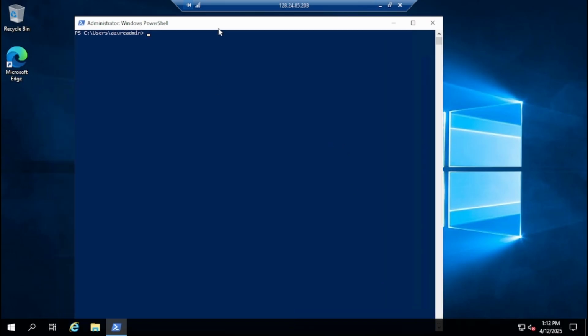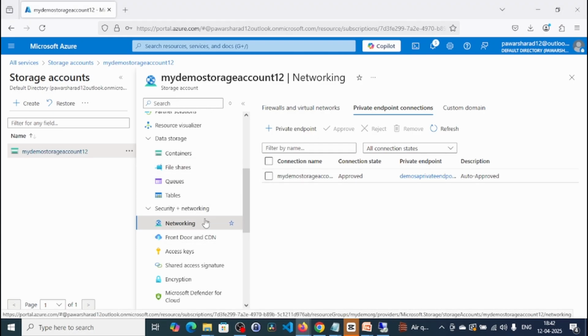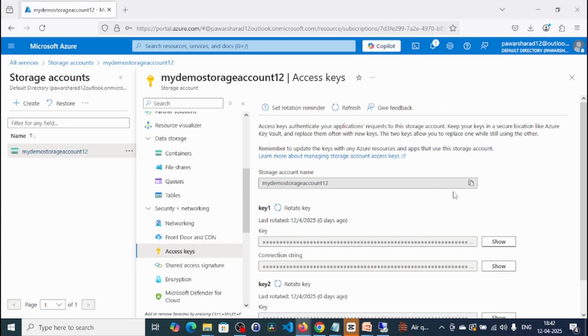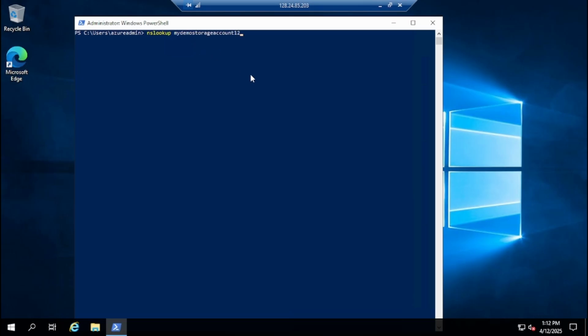So we are going to do NS lookup for my storage account. Let me go back to the storage account name. So this is my storage account name, correct? I'll put the storage account name here, and as per standard we'll keep